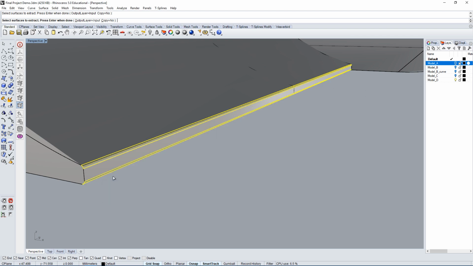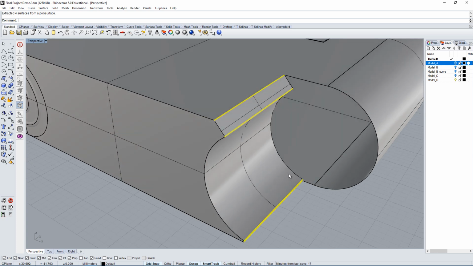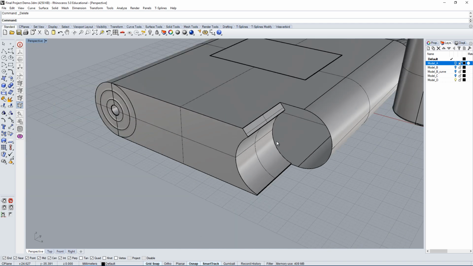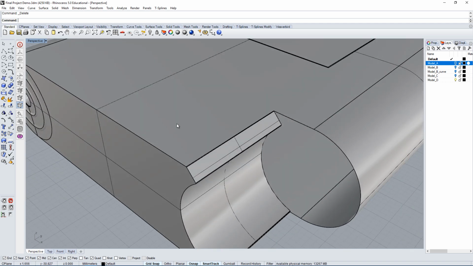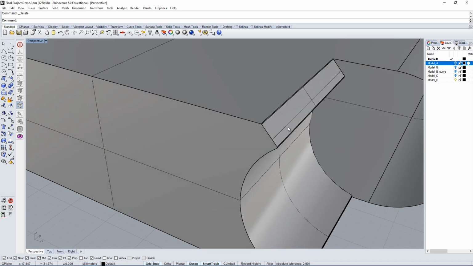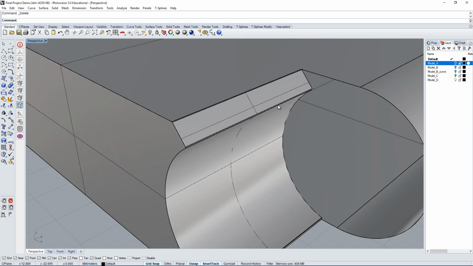So what I want you to think about here is the hierarchy of where you begin, then what's the process and what's the final result that you want. And ideally, the way you would do it is you would save this model as a sharp model with no softened edges, no fillet edges, and then you would go back and add the rounded fillets and go from there.